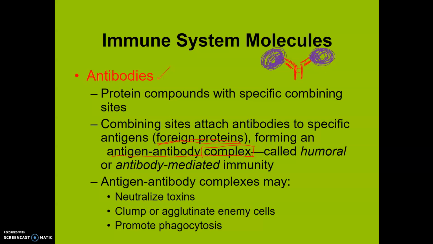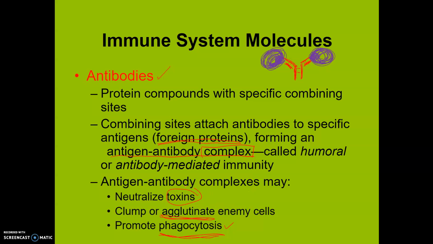How does destruction happen? Well, phagocytosis may occur. So this may trigger phagocytosis right here. We can have a clump form. So like here you have kind of a little clump. A clump, or an agglutination, of cells can happen, which would trigger a phagocytic response by larger cells like neutrophils. And then the antibody antigen complex can